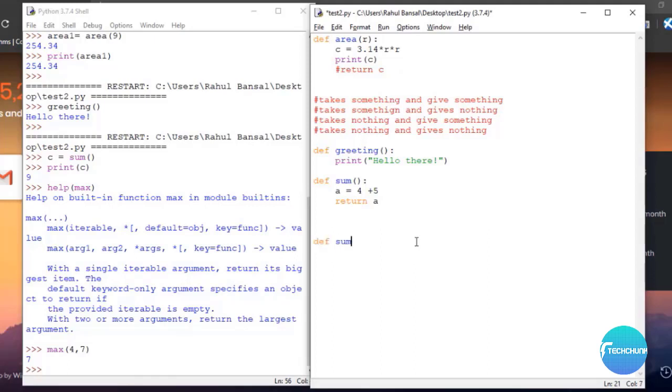Let us define a function sum. We have already defined that, but in this we will give parameters also. Say num1 and num2. We want to add two numbers, that are num1 and num2, and we create this function. And now for the docstring we use this triple quote thing.